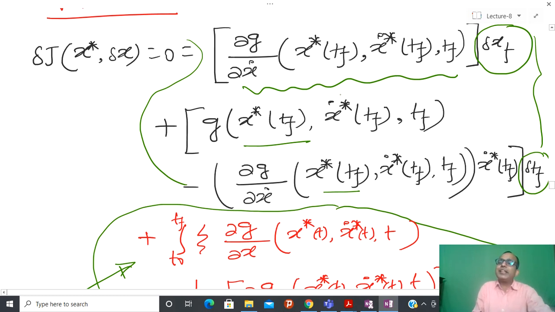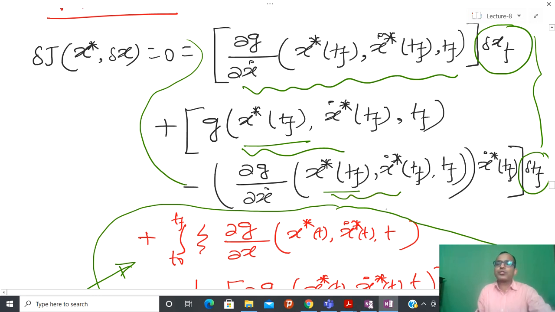Now let us come to the type third problem. Here we are assuming that the final state xf is given, so delta xf is itself 0. Then the first bracketed term equals 0. Since delta tf is not fixed and is arbitrary, in order to force the variation equal to 0, we have to force this term equal to 0. So whenever we are calculating the boundary condition, we have to solve this kind of equation.